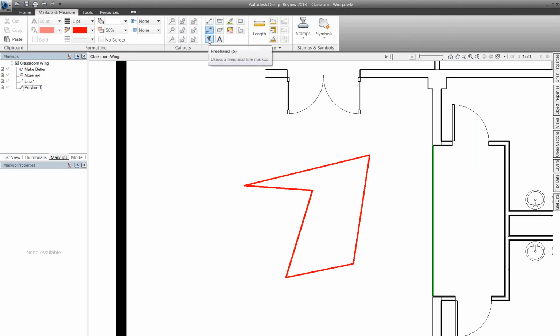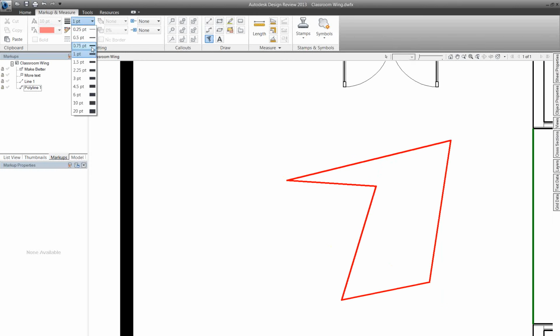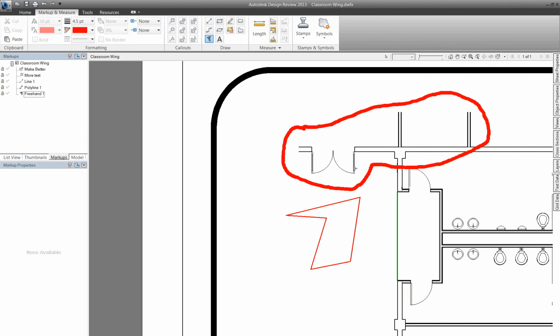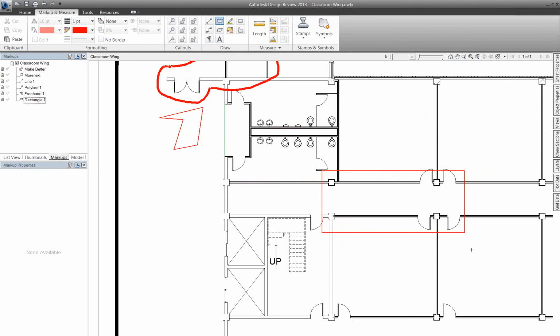There is a freehand sketch tool right here that will allow me again to just make freehand sketches of whatever I might want to circle around. There's a rectangle tool, so it's really easy to create a rectangular box around things. There's an ellipse tool, and there's a text tool here. So the text tool works like we're familiar with in other applications. Draw your text window,